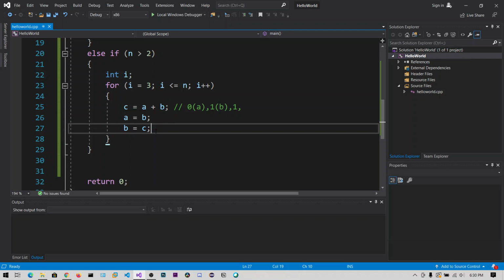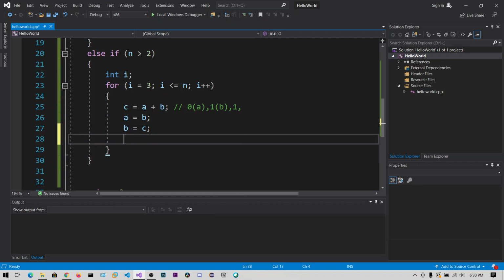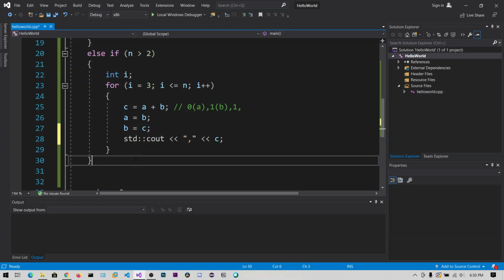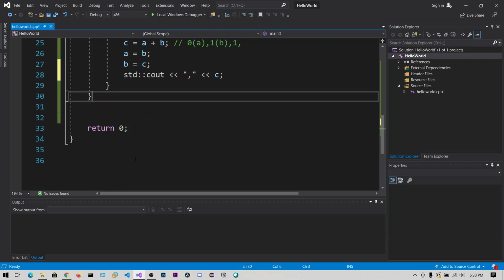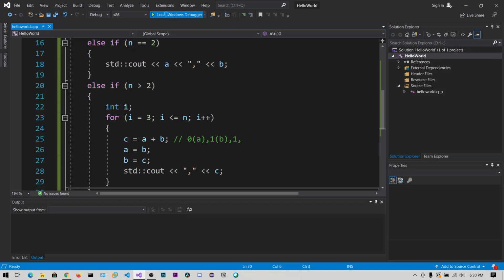Okay, now I think we need to just print out the number. Print C out. Let's put the comma first and then we can put the C value. Okay, now let's execute and run this program.